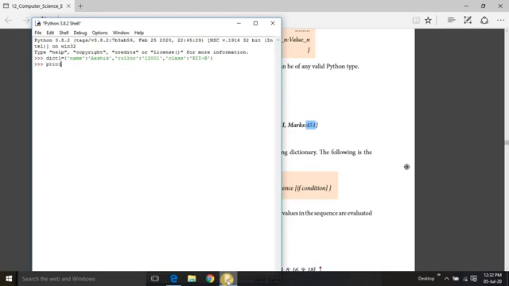I am just giving print dict1. See, it displays the elements within the dictionary.